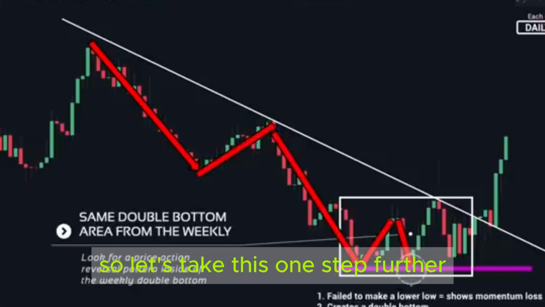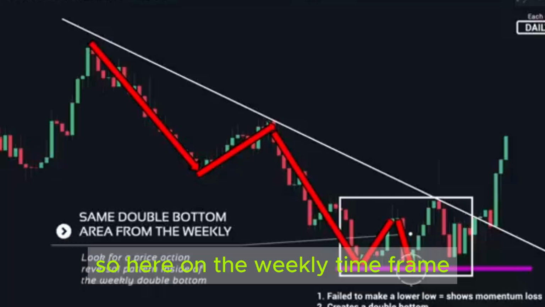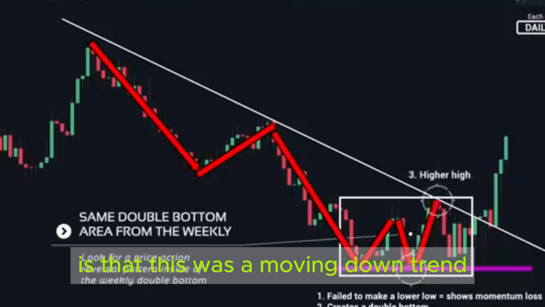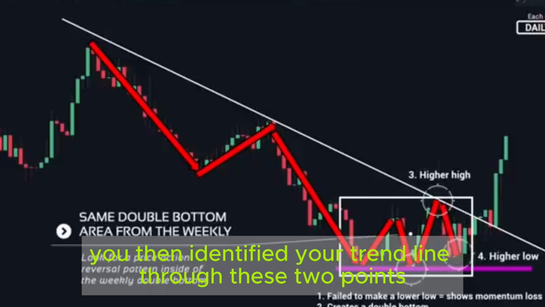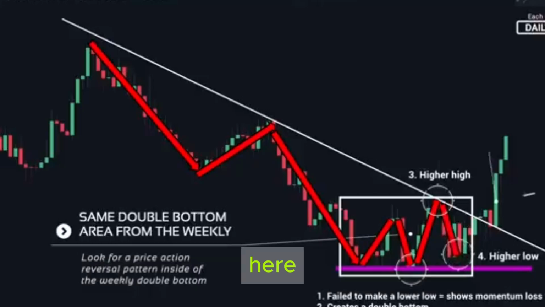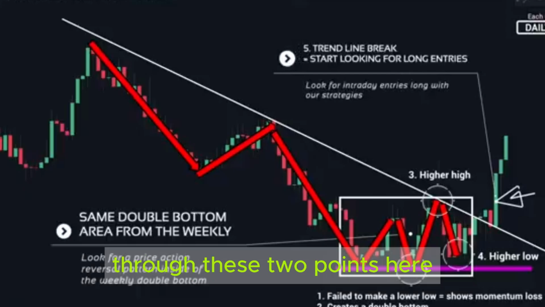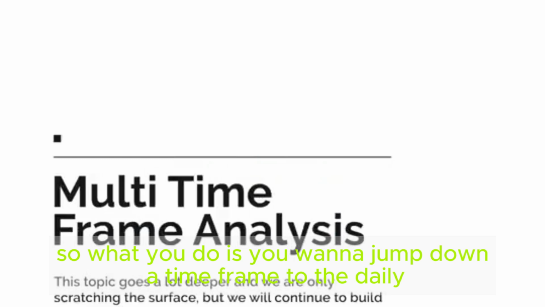So let's take this one step further and add in multi-time frame analysis to this concept. Here on the weekly time frame, what you would have first identified is that this was a moving downtrend. You then identified your trend line through these 2 points here. You would have then identified this double bottom through these 2 points here. So what you do is you want to jump down a time frame to the daily